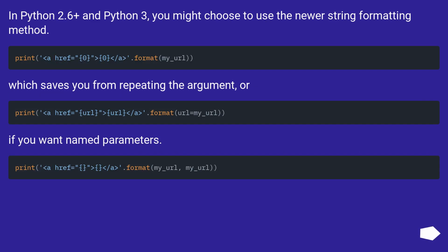In Python 2.6+ and Python 3, you might choose to use the newer string formatting method, which saves you from repeating the argument, or if you want named parameters,